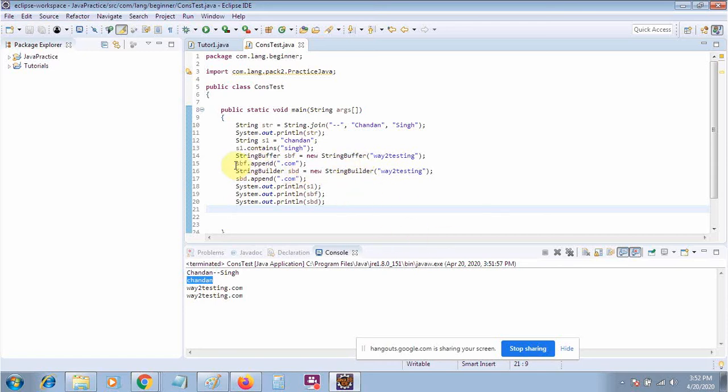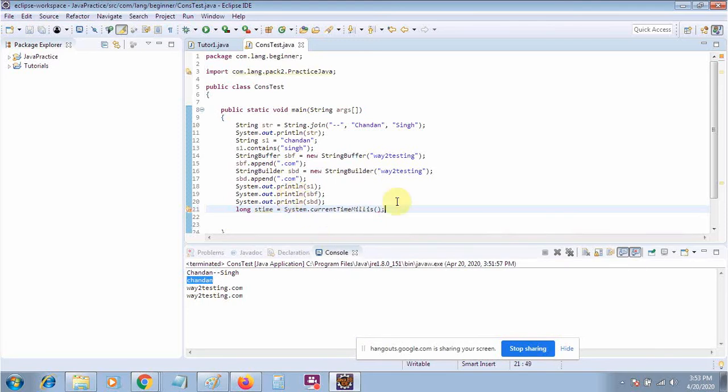So first of all I will create an integer or long, whatever you can say, and then I will say start time is equal to the current time as System.currentTimeMillis.